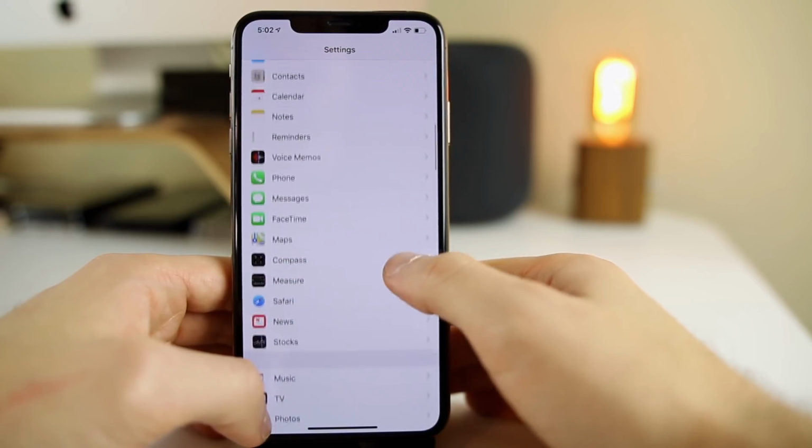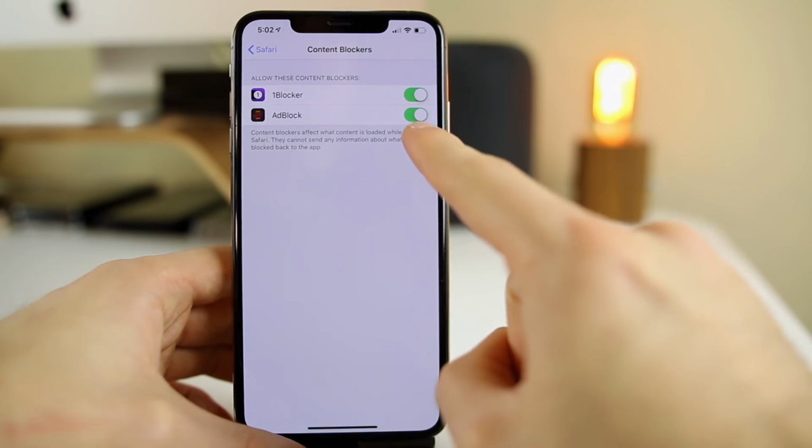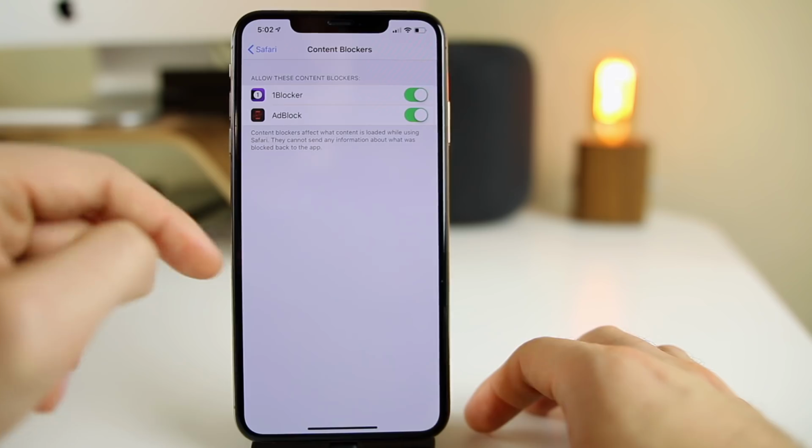And if you download it and it's not working for you, go into your settings, go to Safari, go to content blockers, and make sure AdBlock is turned on. And just as a bonus, I would recommend installing One Blocker as well, just to make sure you block all